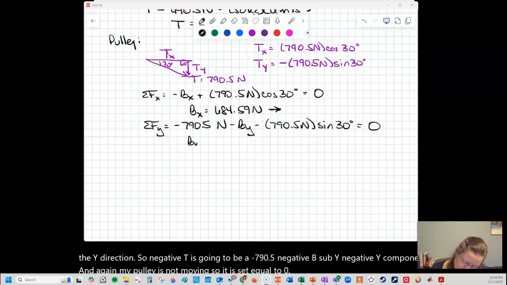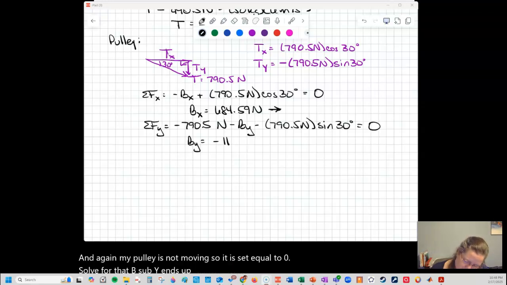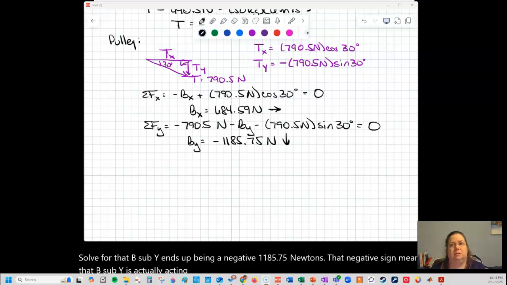Solve for that. B sub y ends up being a negative 1185.75 newtons. That negative sign means that b sub y is actually acting down, opposite to the direction, or excuse me,